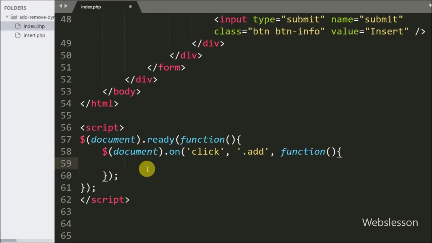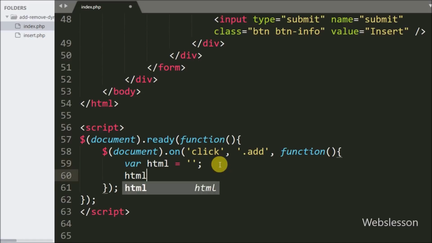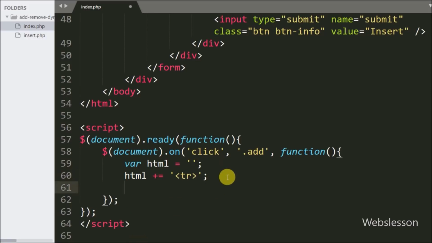Under this we have defined one HTML variable equal to a blank value. Under this variable we will store HTML code to append a blank table row for entering item details. After this we write the HTML variable, and in this we append HTML code like the open table row tag. Then again we write the HTML variable, and in this we append HTML code like open and closed